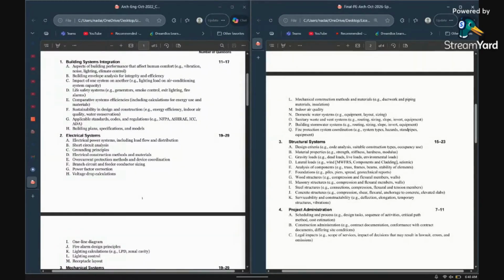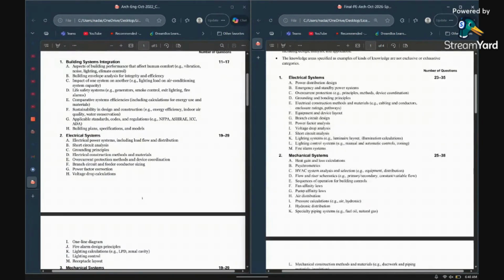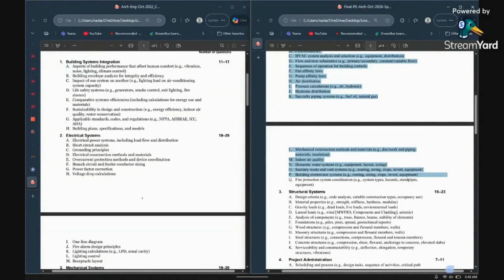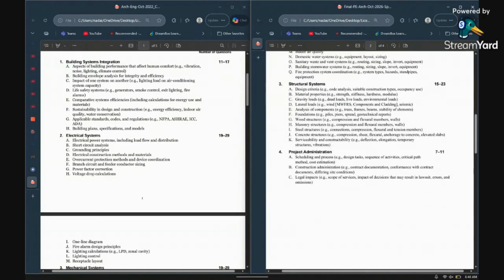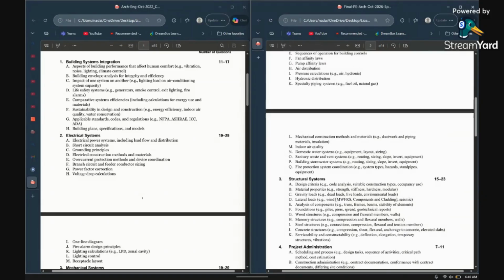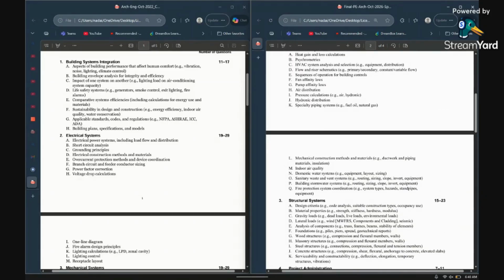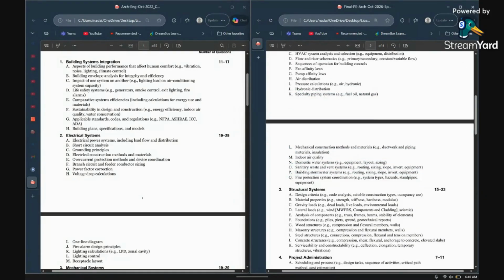Sustainability in design and construction, it really depends on where the question is. You can find it between structural systems, electrical systems, and mechanical systems. You may even be able to find it in project administration and what your contracts say about sustainability in design and construction. Comparative system efficiencies, that goes between electrical and mechanical. Structural systems can also have